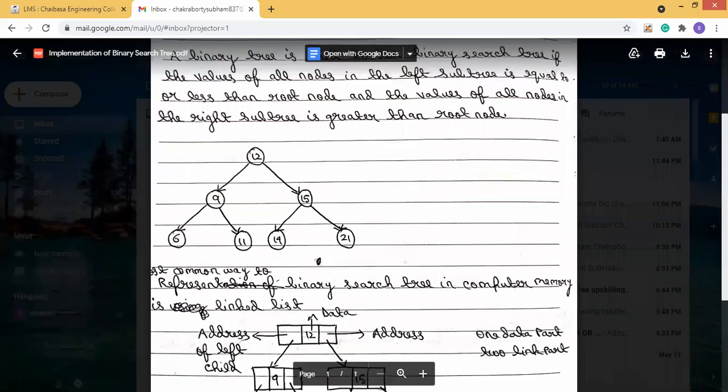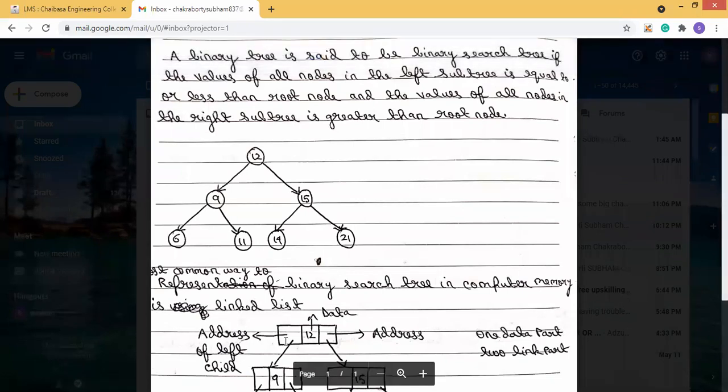What are the three parts? On the left side there is an address, and in the case of a binary search tree, this address will point to the left child. Because in our linked list there are two address fields and one data field, the data field is in between the two address fields.